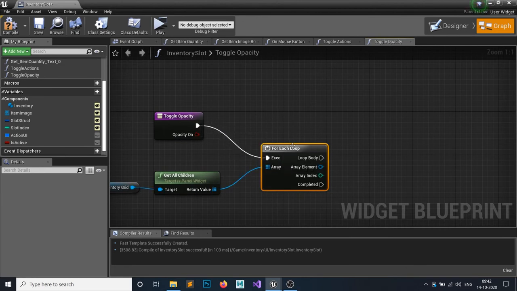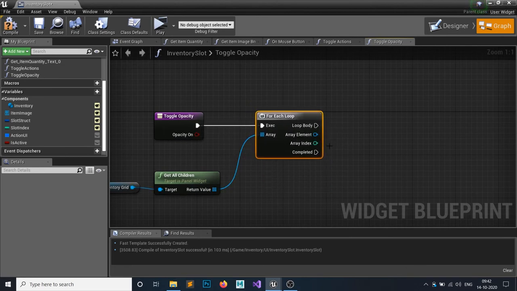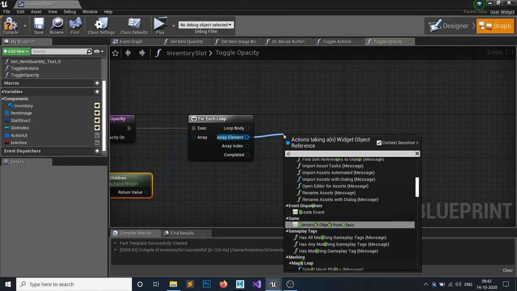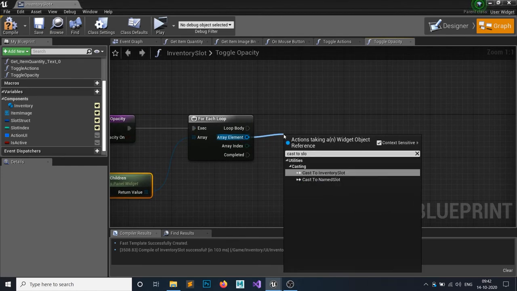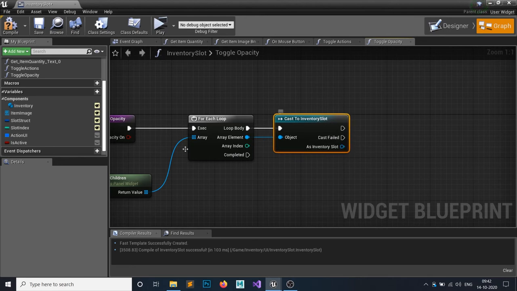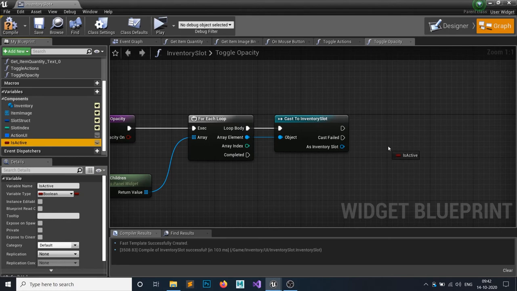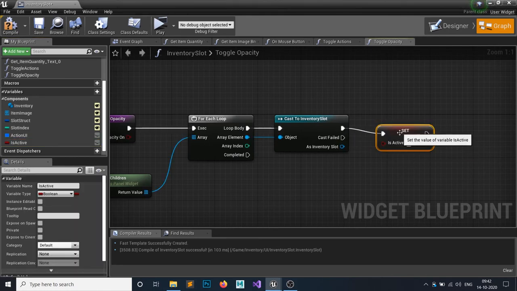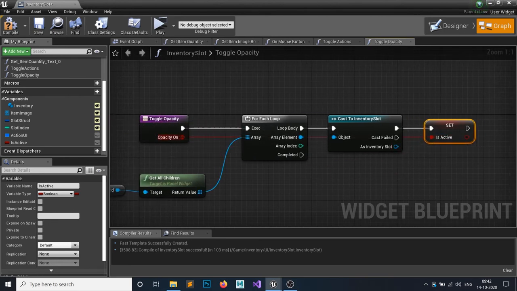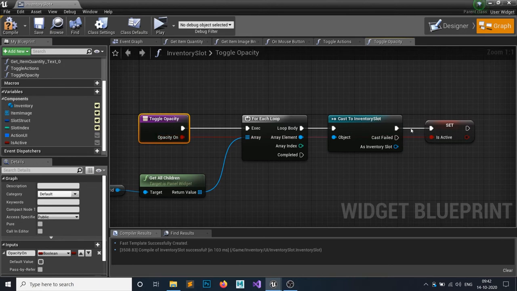We know that all the children of this grid panel are our slots, so we just cast to the inventory slot. And for the inventory slot, get the is active boolean and set is active to the value of this boolean.